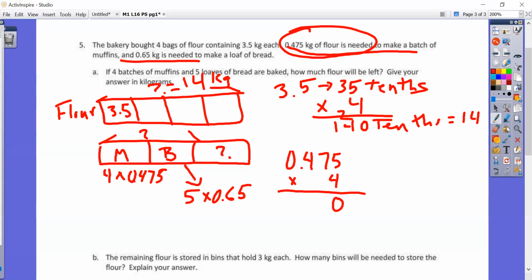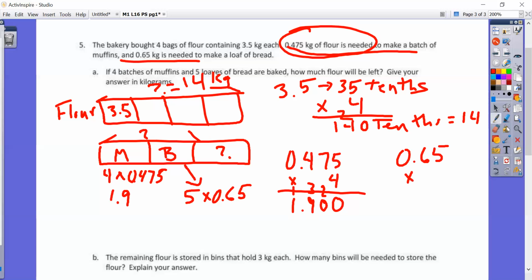4 times 5 is 20. 4 times 7, 28, plus 2 more is 30. 4 times 4 is 16, plus 3 more is 19. 4 times 0 is 0, plus 1 is 1.90. So this is actually equal to 1.9. And then we can do